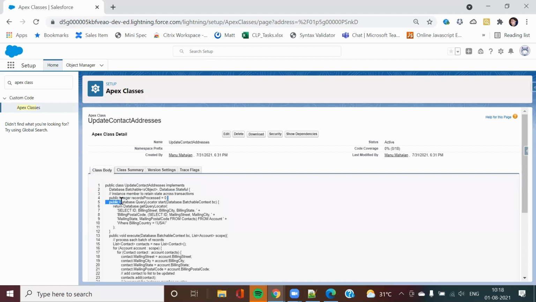So in order to maintain context, meaning how many total records are processed, so that your variable value remains the same, I will make use of Stateful. Now with Stateful, once 200 get executed, then 201 will come.